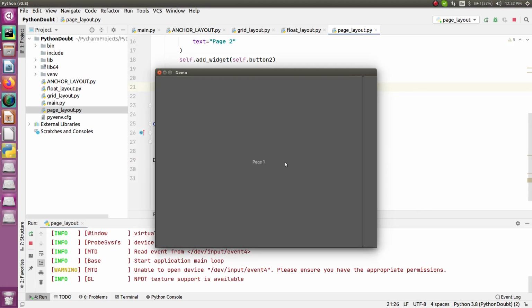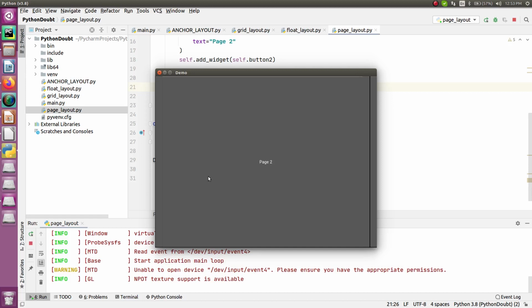So you can see this is the first page. You can click over here. Similarly, just slide it and you will be able to see the second page. Similarly, slide it, you will be able to see the third page. Now you can click over here. Similarly slide it back to the second, you can click over here. So you can see this is how you can create multiple widgets. You can add multiple widgets and you can consider each as a separate page, right? So this is how we can add multiple widgets over here, and that is the functionality of your page layout with which you can use this sliding feature to shift from one page to another page.